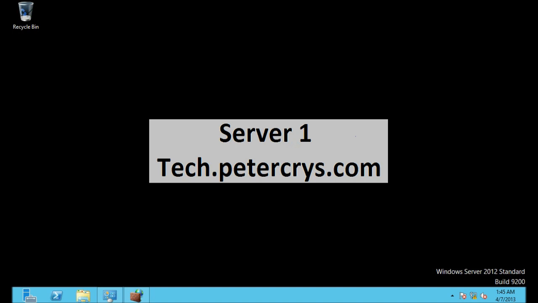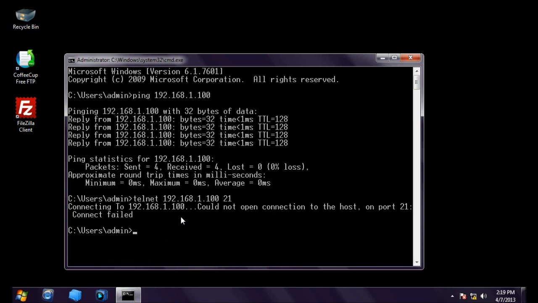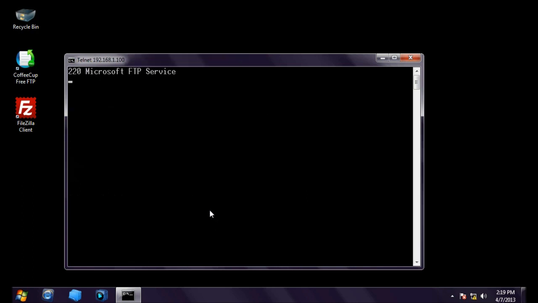So let's go back to our client machine. Okay, so let's maximize the command prompt window. Here I am going to type the same telnet command which we used earlier. So let's type telnet space 192.168.1.100, that will be the IP address of the server, space 21. And as soon as I click enter, it gives me a banner. Basically it is showing me there is a service running on port 21 on the server, which is